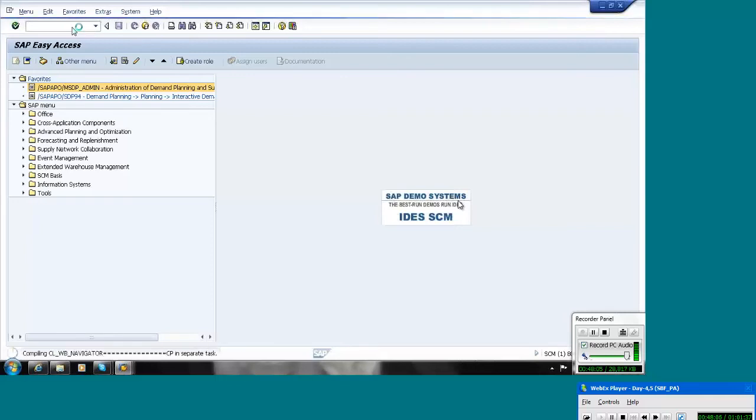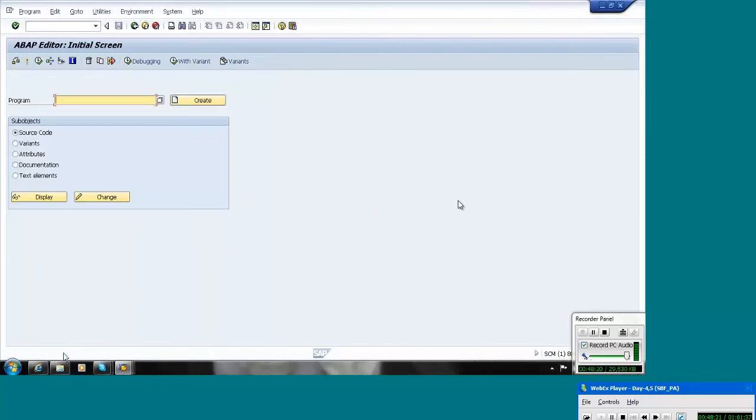After a server refresh, if you give any T code for the first time, it will show the compiling. Otherwise, normally it will take. Yeah, recently this is updated as an SCM7 server. Earlier it was 5, so it is 7. So some T codes we have still not used, so it is showing like that.